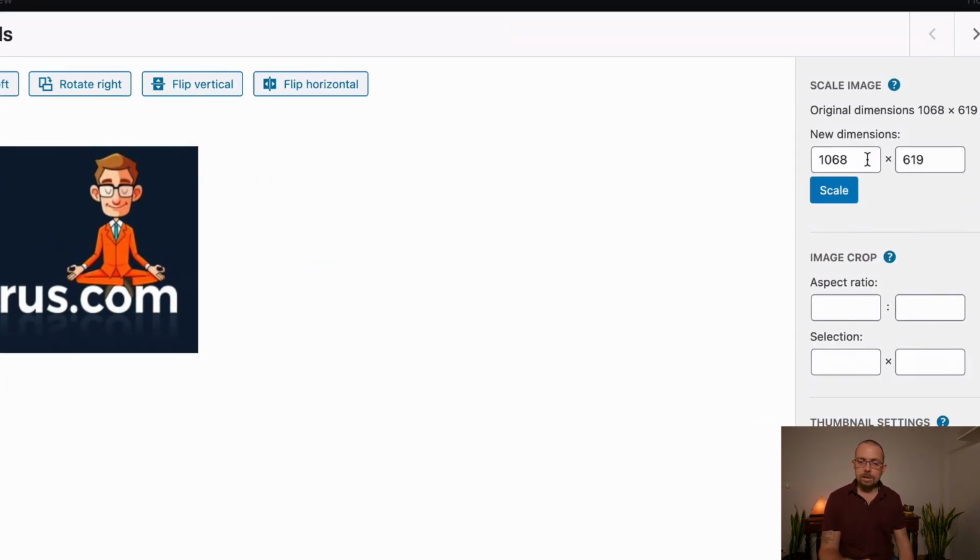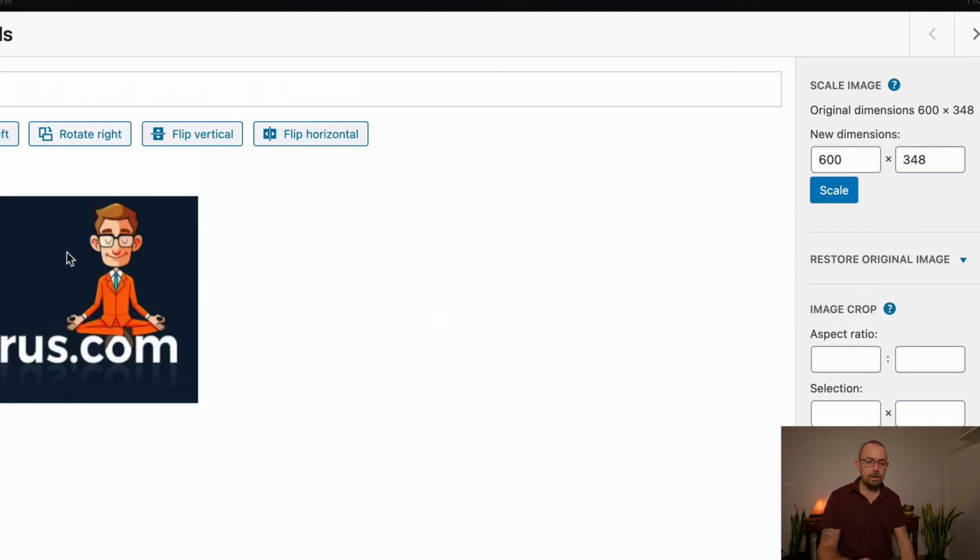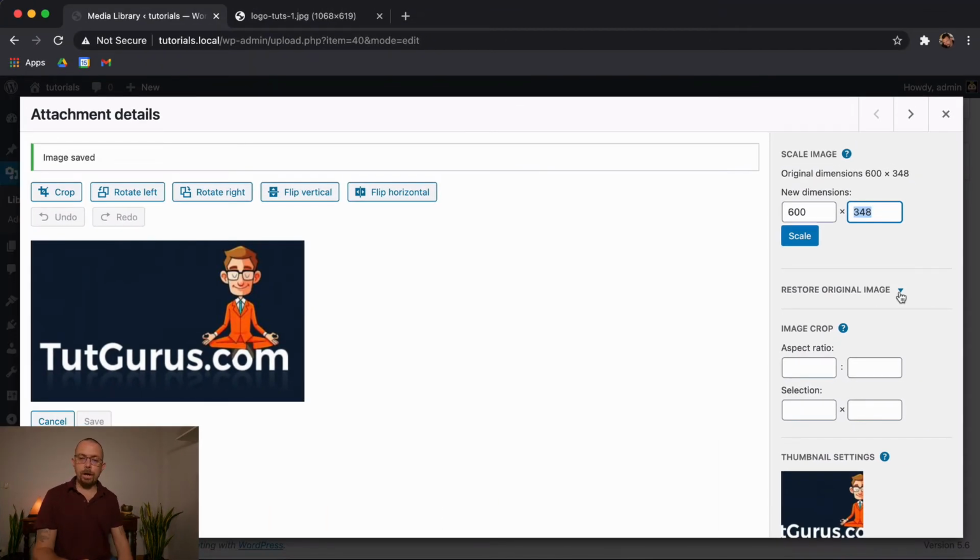You have over here some scaling options. So you'll notice that it likes to keep it so the images don't get super blurred. It'll scale it. So whatever I put in the first one, WordPress will also scale it. So if I wanted it to be 600 pixels wide, it would scale it so it's 600 pixels wide, but it will keep the proportionate height, meaning that it doesn't get super blurry, it doesn't get squashed, it doesn't get ugly.